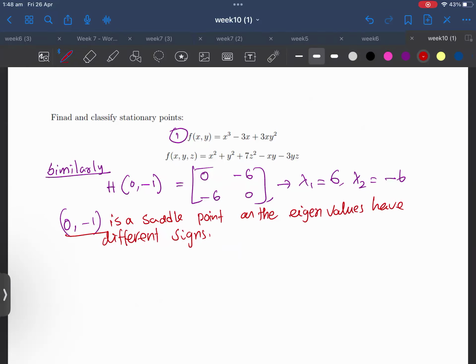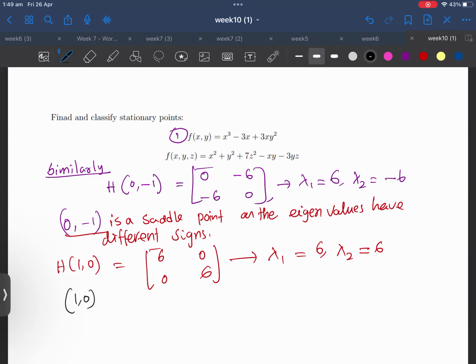This is, and then H(1,0), that will give you [[6,0],[0,6]]. So here lambda 1 equal to 6, lambda 2 equal to 6. So they have the same sign. So we can write down that (1,0) is a minimum point as all the eigenvalues are